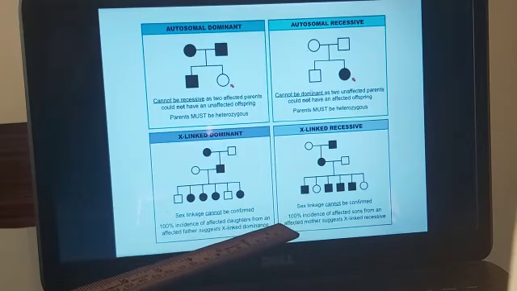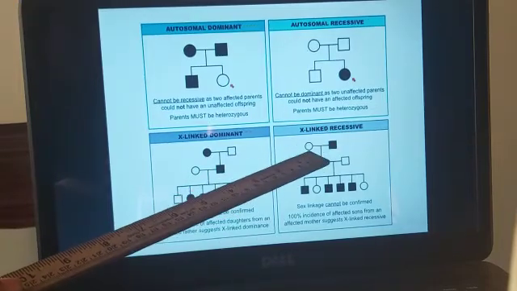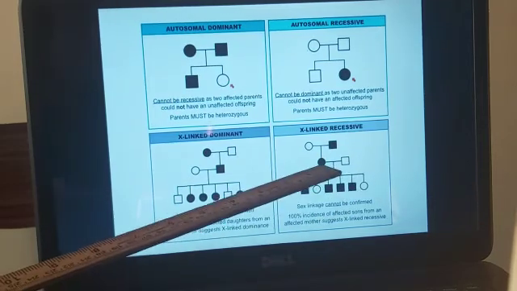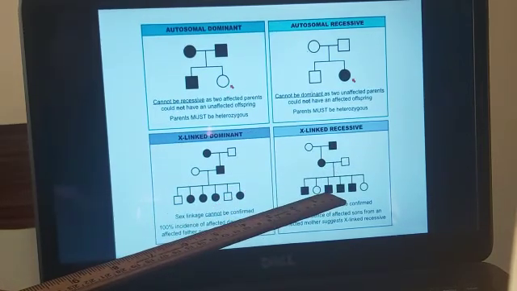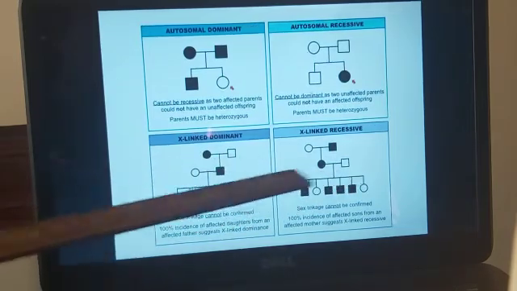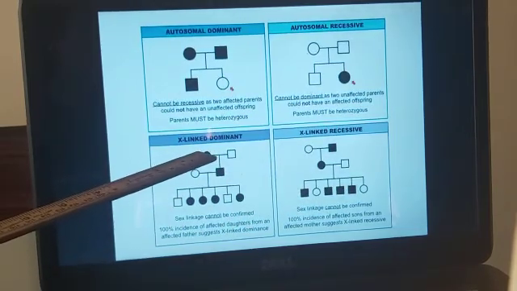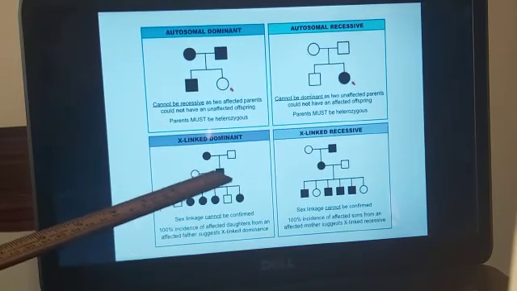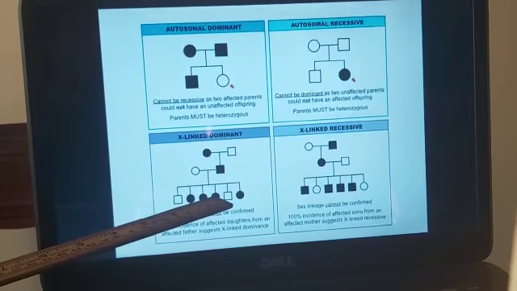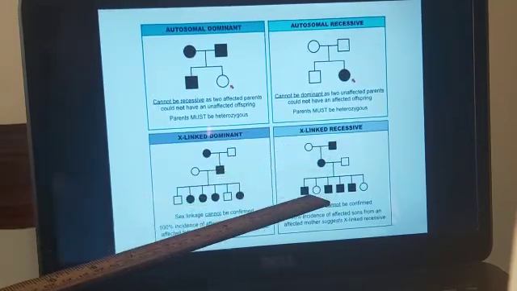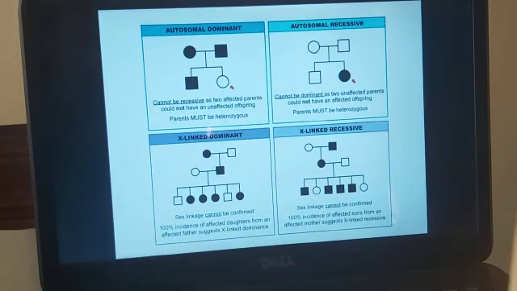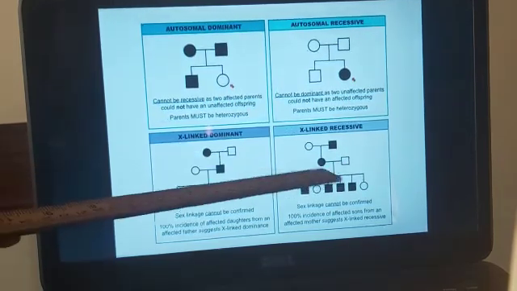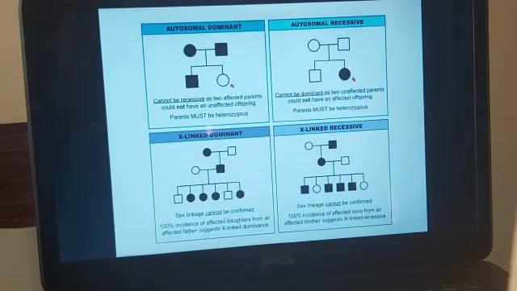Similarly, if this is X-linked recessive, you see here the mother is normal, father is affected, and in the next generation the disease is not seen in the males but it is seen in the females, and all the males are affected. The difference between this and this is that here the female is affected in one generation, the female is normal in the next, and in the third generation the female is affected. Similarly here, in the third generation you will find that the males are affected. Since males have only one X chromosome and females have two X chromosomes, you can say that it is an X-linked recessive disorder.